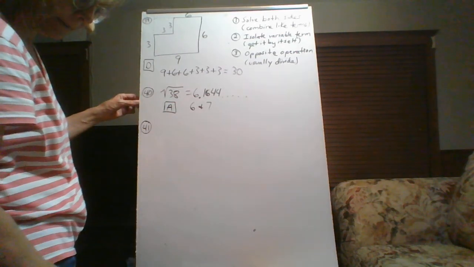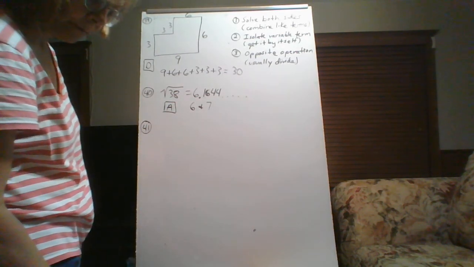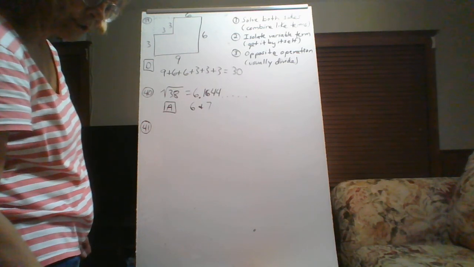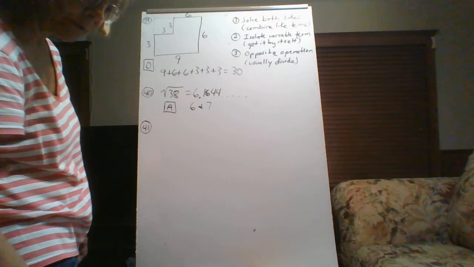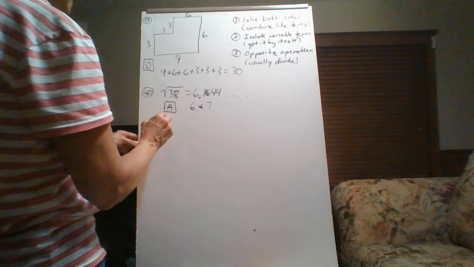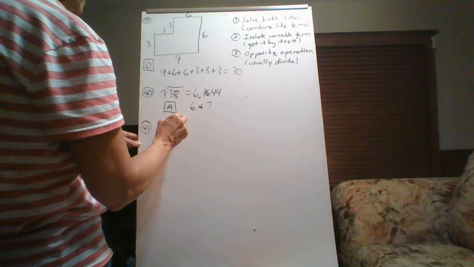All right, 41. Noah's average score for 4 tests was 80 out of a possible 100. What would he need to score on the 5th test to bring his average up to an 82? Okay, so this is what we were looking at a minute ago, and I'm going to show you the easiest way to do it. I do want to remind you, the average